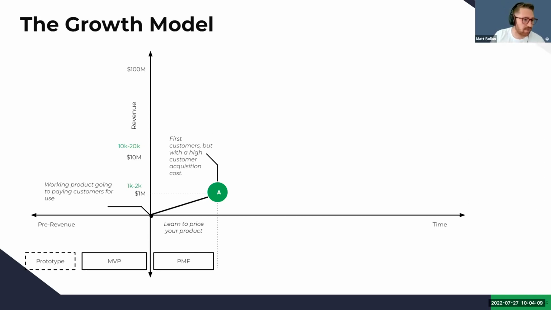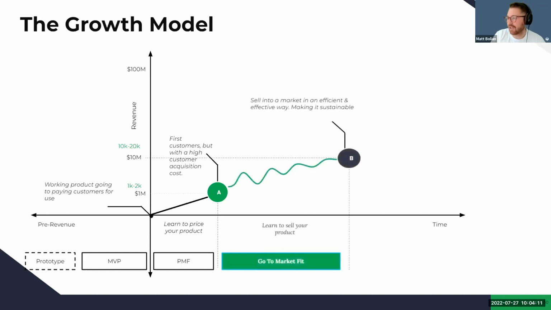After that point is the fun part. This is your go-to-market fit. This is the land of RevOps, if you would. This is where the science we've been talking about is go-to-market information. This is where you cut your teeth. This is where you make it awesome. This is where you start learning how to scale. And so during this part, you're learning to sell the product. This is, okay, what customers are best with that closed loop feeding back?